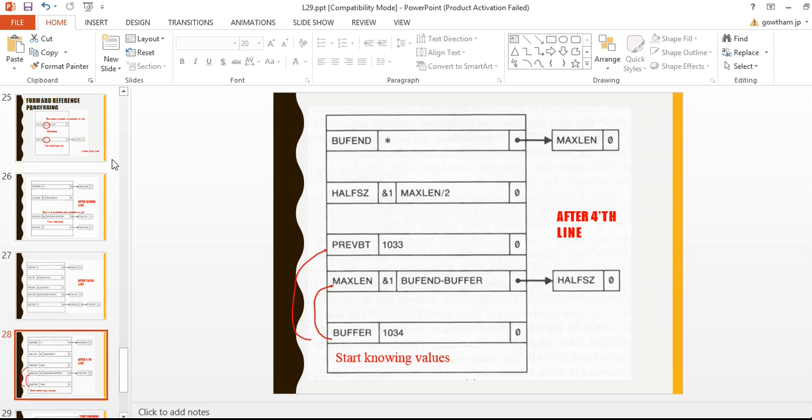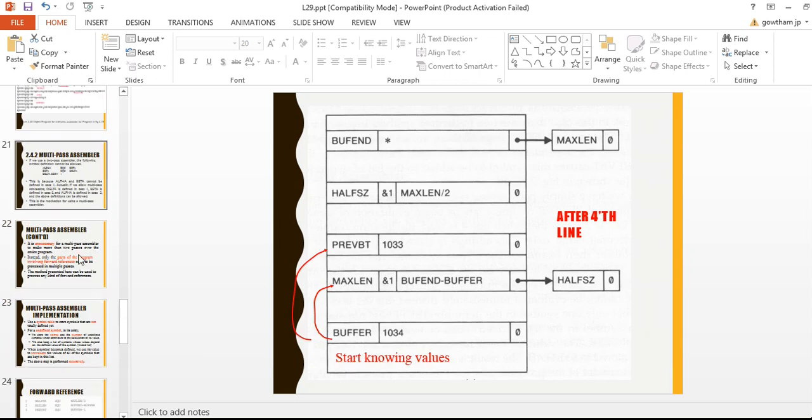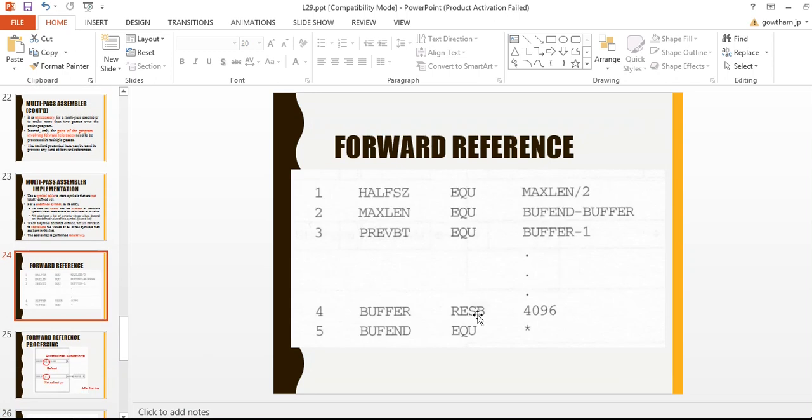After the fourth line, buffer is defined. Now the forward references, preserve byte and max length, can be substituted. Whenever line number 2 considers max length, it depends on this; once this is calculated, half size can be calculated.